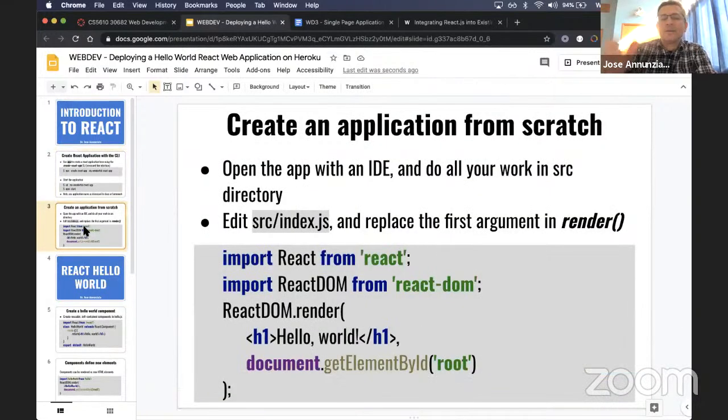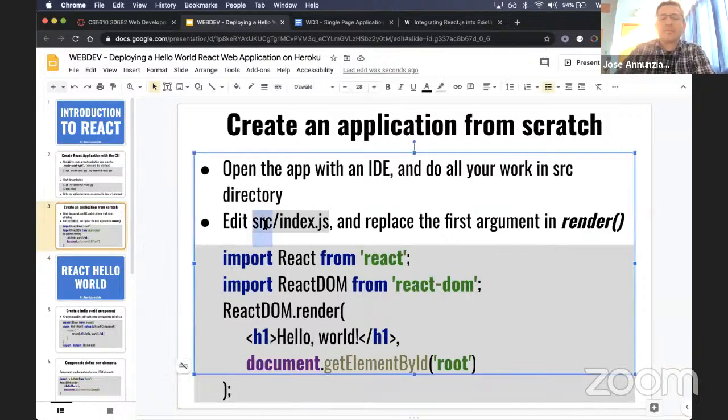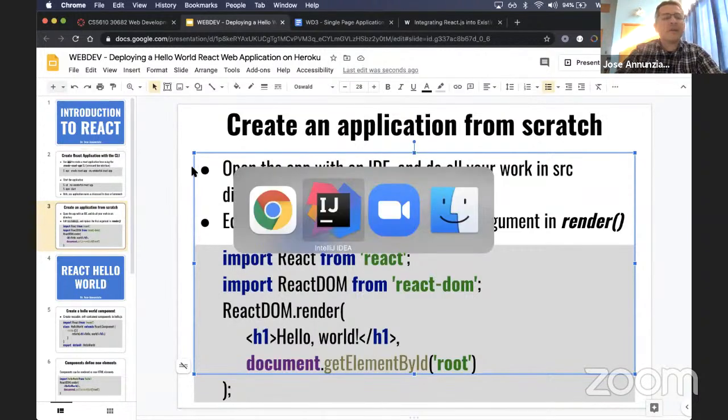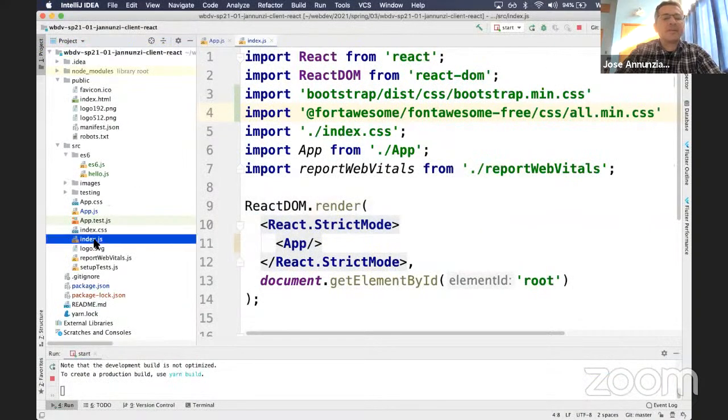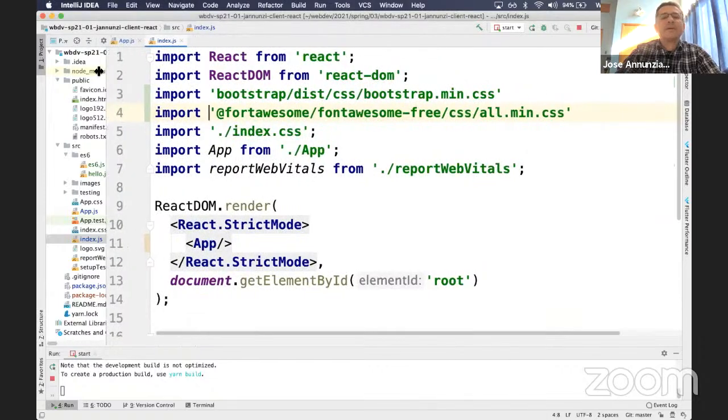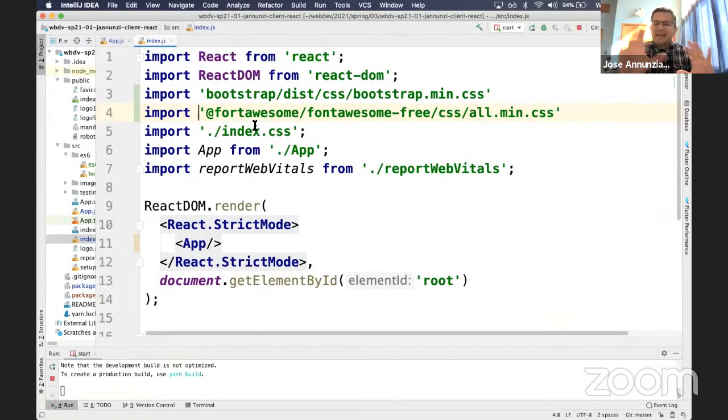And here's a really simple application. What it creates under the source directory. The source directory has an entry point, which is index.js, right? Index.js. So it's this one right here. There it is, index.js. If you open that up, you'll find a couple things. I've slightly modified this, but almost nothing. But basically, what you'll find is that